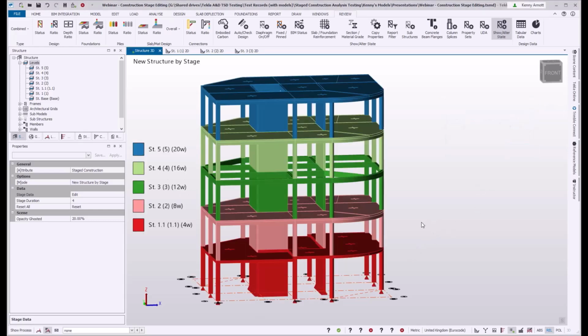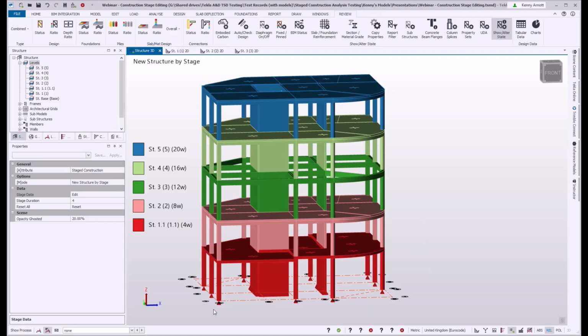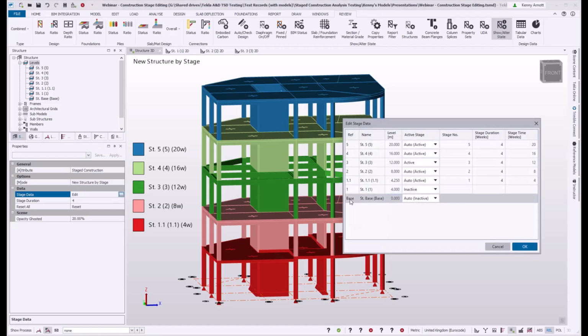So the next thing I want to do is show how you could, if you want, start moving things around from one stage to the other. What I want to do is think about possibly adding a bottom stage here and putting in some columns and walls first before the slab. Now, I'm not suggesting that's a good thing to do, and I'll probably actually show that by virtue of the demonstration coming up. So first of all, again, I go back here, this base level, there are no slabs, so it's inactive by the automatic status, set it to active.